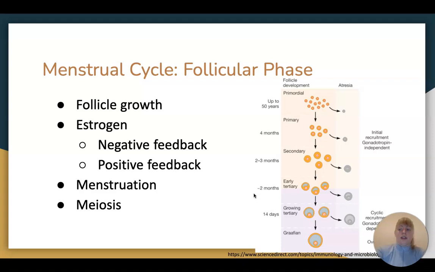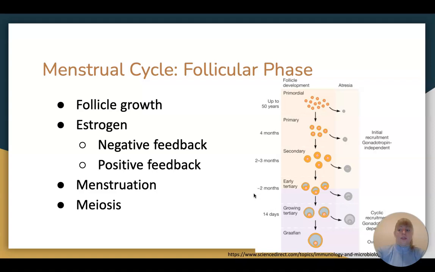Gradually increasing estrogen levels in the circulation have several effects. First, estrogen exerts a negative feedback on pituitary FSH and LH secretion, which prevents the development of additional follicles in the same cycle. At the same time, the estrogen stimulates additional estrogen production by the granulosa cells. This positive feedback loop allows the follicles to continue estrogen production even though FSH and LH levels have decreased.